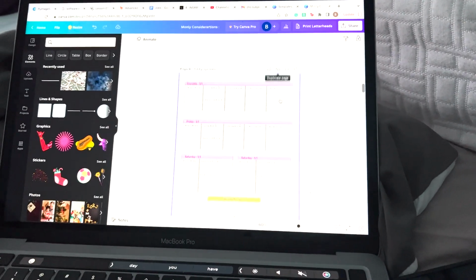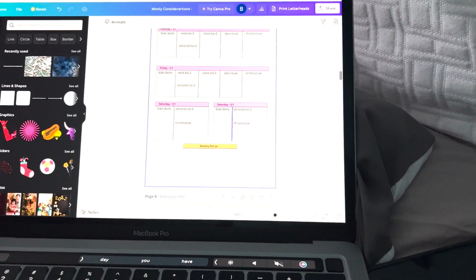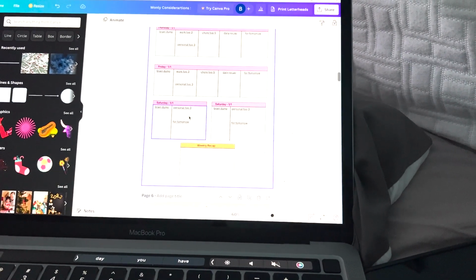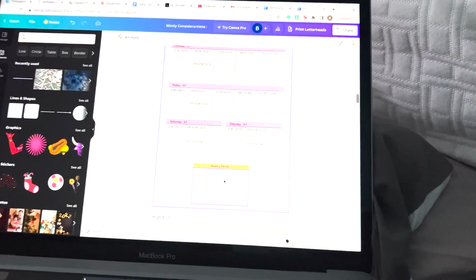And then for the latter half of the week, I combined the Saturday and Sunday ones to make them a little smaller, and I only did the personal top 3 and the for tomorrow, so I could also have space for the weekly recap. I also didn't feel like I needed to do the work top 3 or the chore top 3 for the weekend or the daily recap because